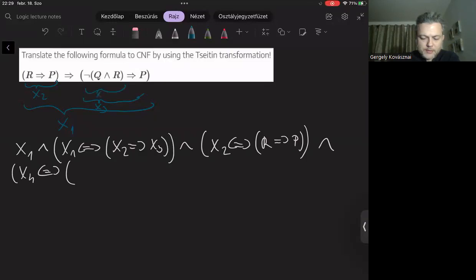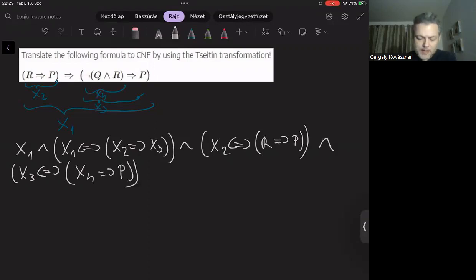Therefore, I need to introduce a new variable x4 to substitute it. And okay, I made a mistake. Sorry. So right now I'm defining x3, and x3 is defined as x4 implies P. Yeah. This is the case.